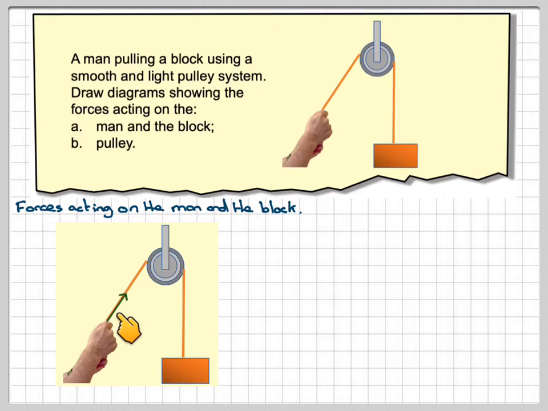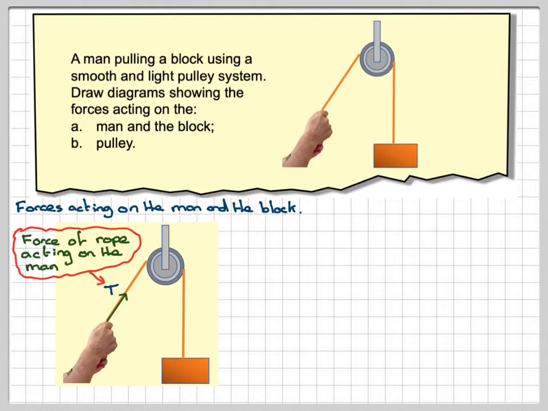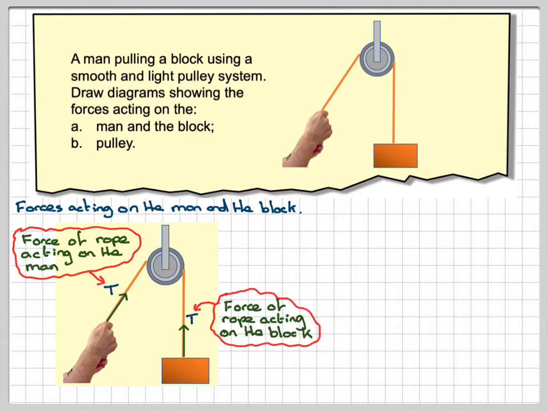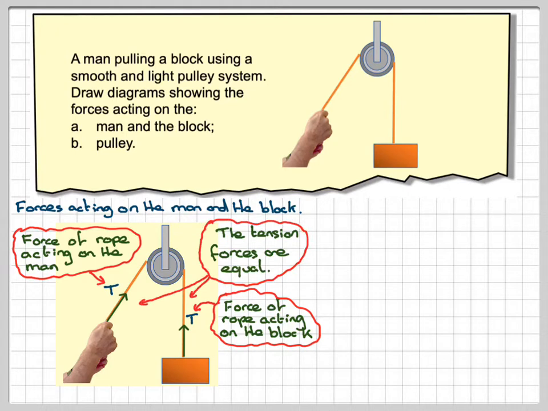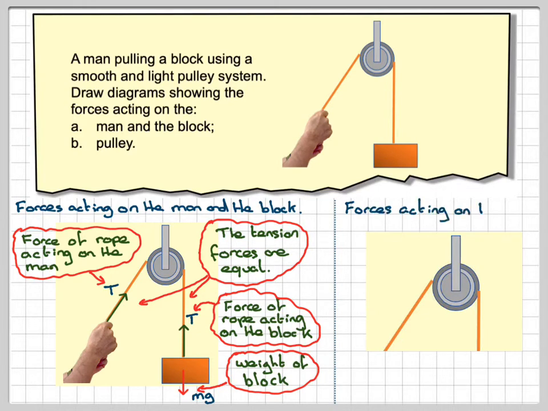First, one force we've got going upwards here is the same as the tension in the rope. That's acting on the man. And then on the block we've got the tension acting upwards. These two tension forces are equal, and we've got mg acting downwards, i.e. the weight of the block. Right, the forces acting on the pulley, we've got the tension in the rope acting this way, downwards, and